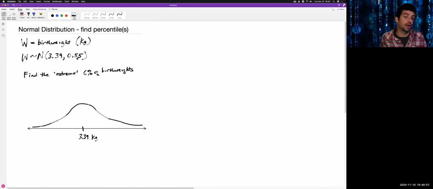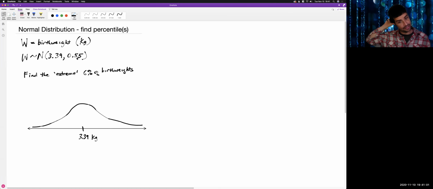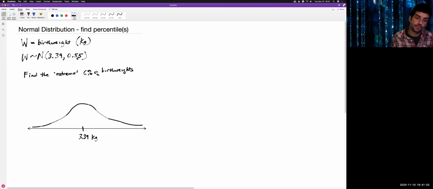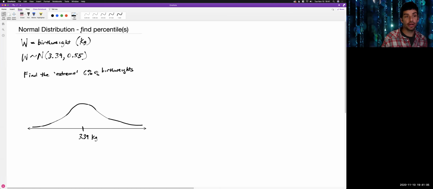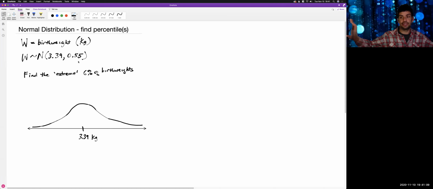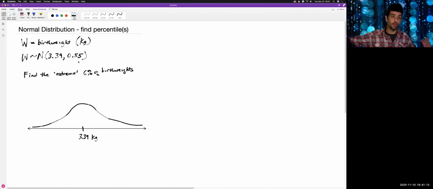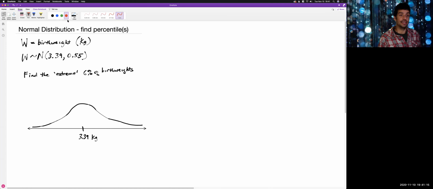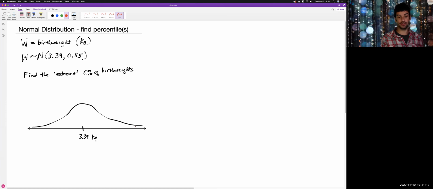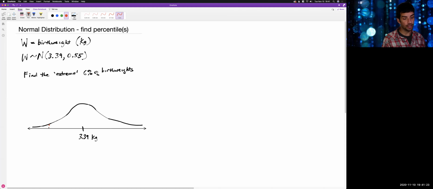And what I want to do in this problem is find the extreme 6% of birth weights. Okay, so first let me explain what I mean by that. I just mean the 6% that are furthest away. So those are going to be above some weight and below some weight. Here's a picture of the situation. Here's a normal curve with the mean marked there at 3.39. What I'm looking for